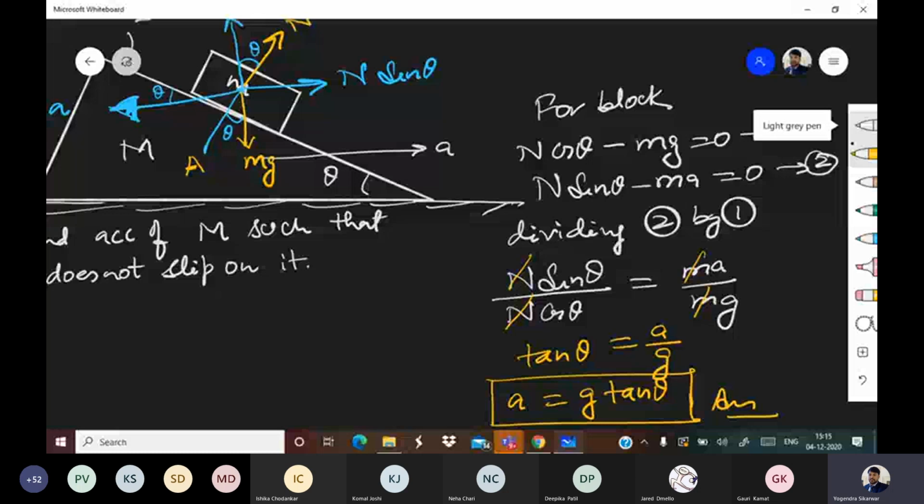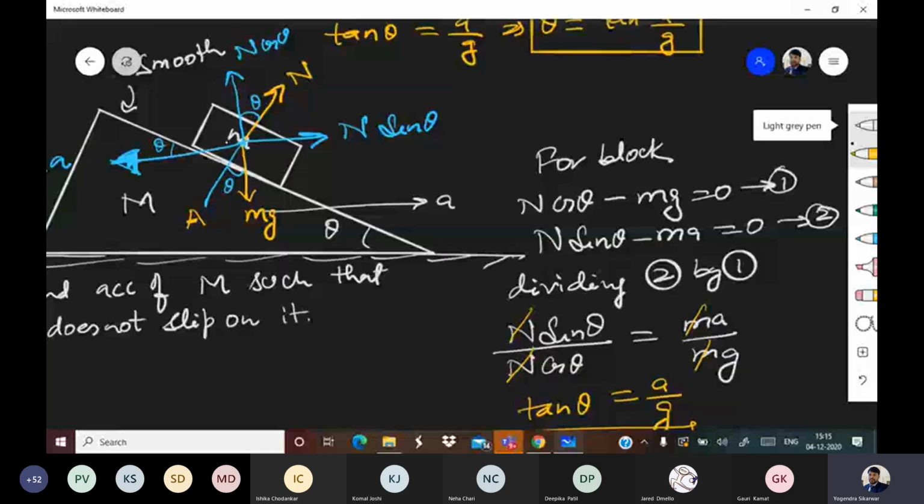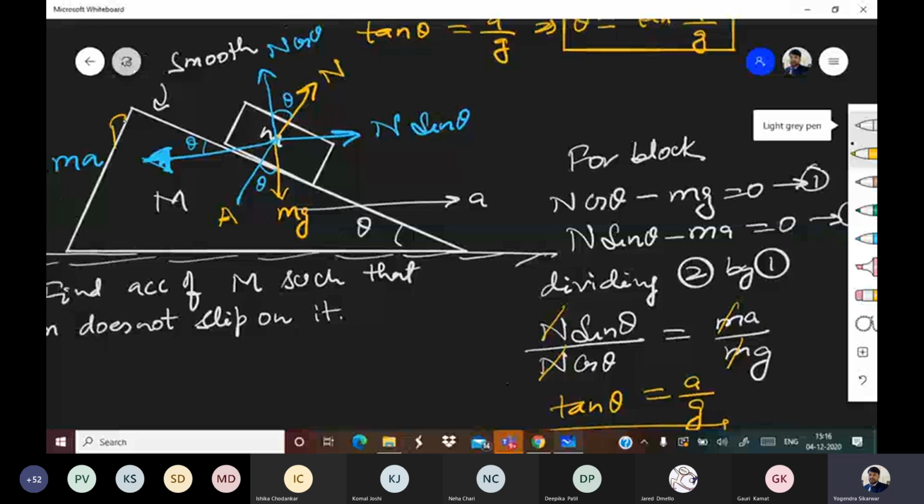So what I am saying, Ram, please pay attention. We have talked about motion of block, small m. When we are talking about motion of small m, mg is acting vertically downward on small m. Normal reaction will act perpendicular to the surface, because normal reaction is a push type force and it acts along the common normal. Third force is pseudo force, F pseudo, which is equal to ma, and that is along horizontal and opposite to the acceleration.